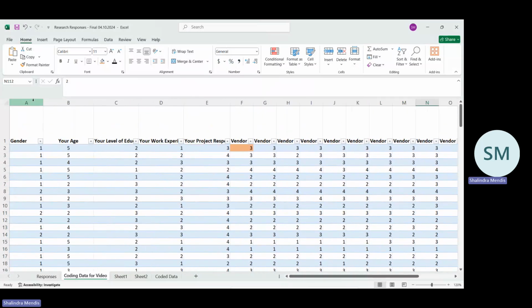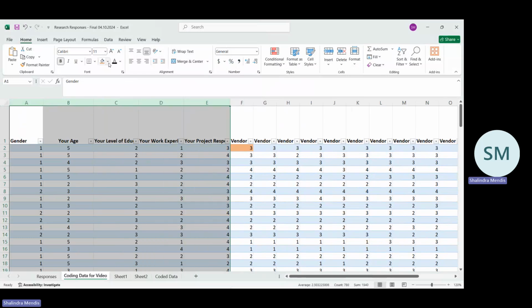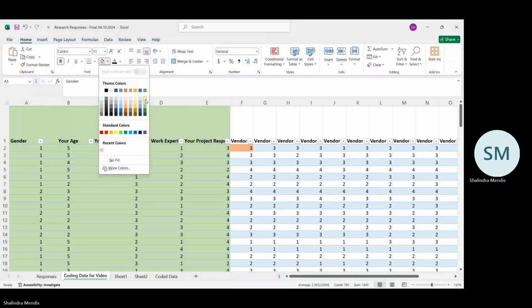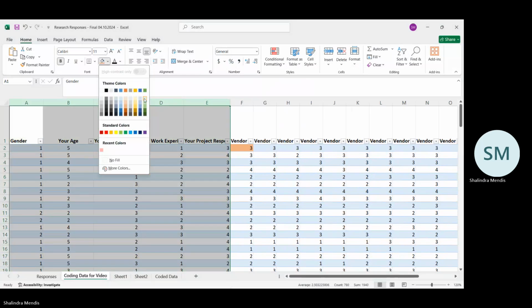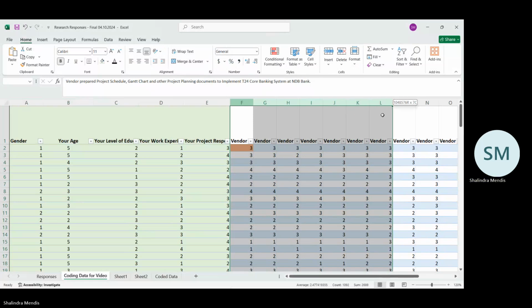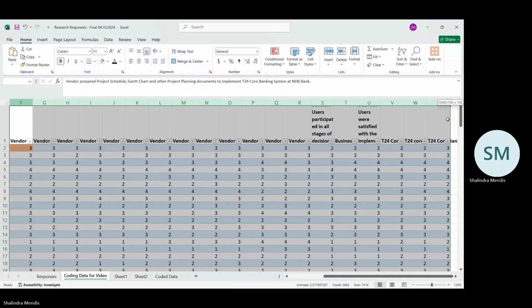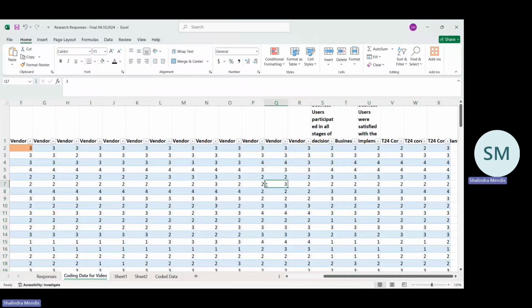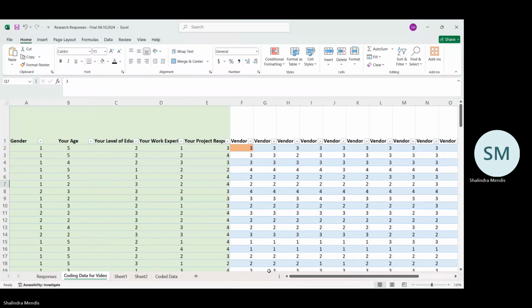So the first 5 are the demographics. Put some color. These are the indicators or the questions with regard to the indicators. Okay, put some color if you want, or else we'll keep as is. Okay, then what we do is, then